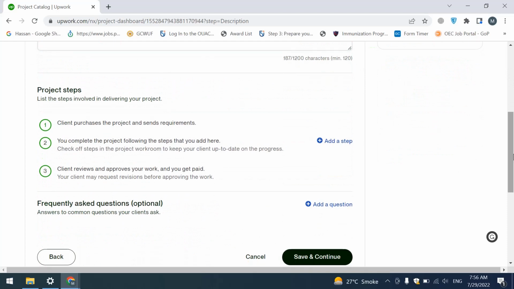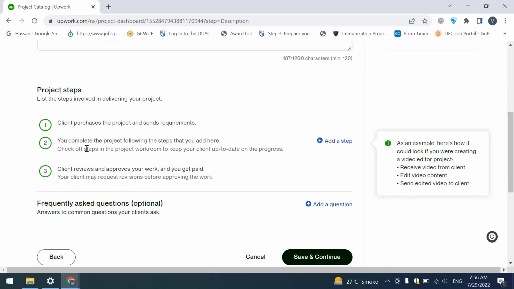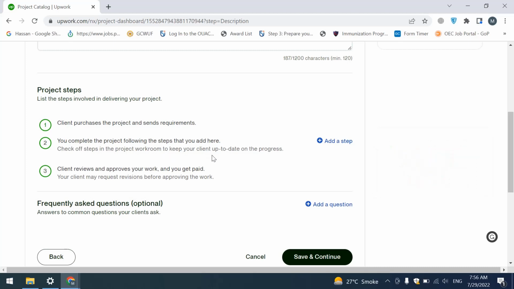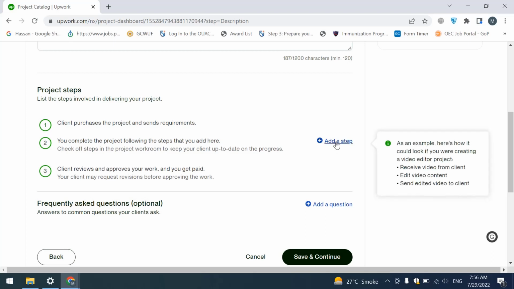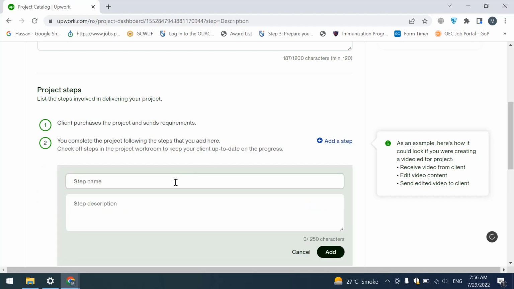Project steps. These are main steps. Client purchasing the project and sending requirements. You can complete the following steps that you add here. Client reviews and approves your work and you get paid. These are main steps. If you want to give one step, Upwork insists you add an extra step in this area. So I add this step,